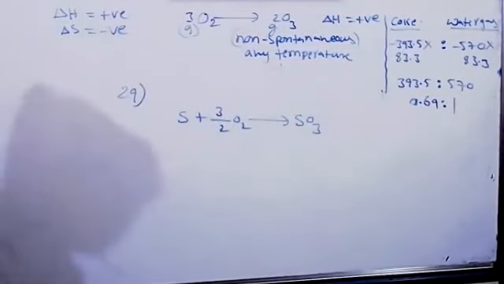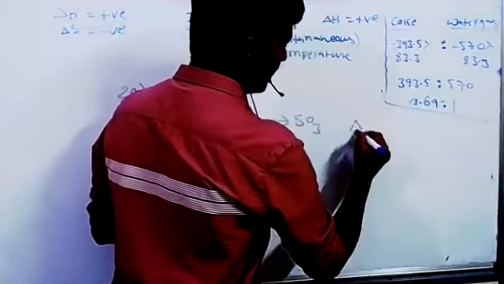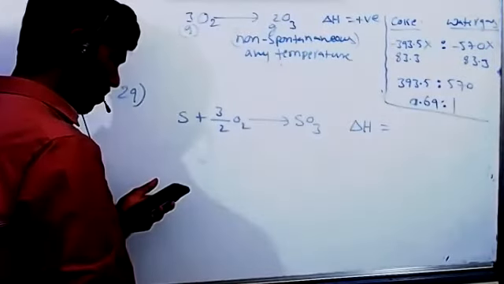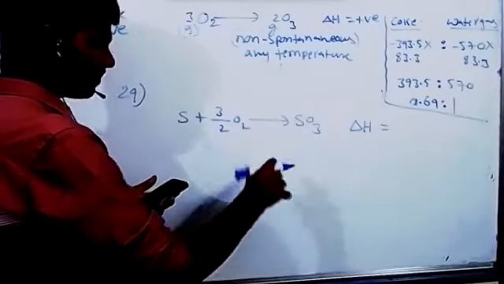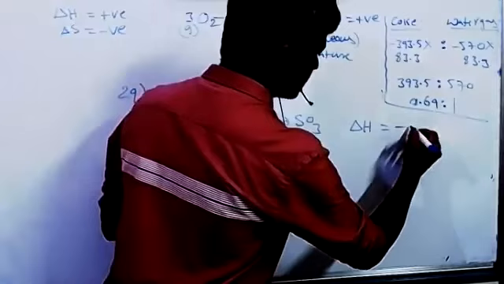Okay, heat of formation of SO2 is asked. So if heat is given like this, you write it in the form of delta H. Otherwise, you will get wrong answers. Right? Delta H is equal to plus 2x means 2x amount of heat is released during this process. So write as minus 2x